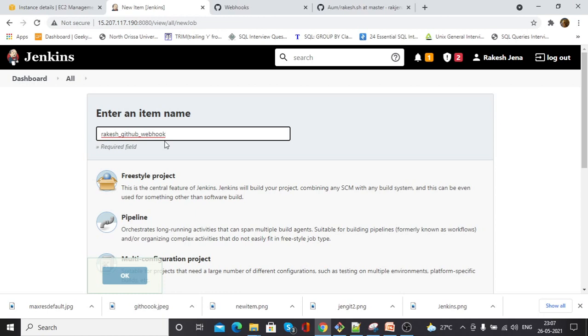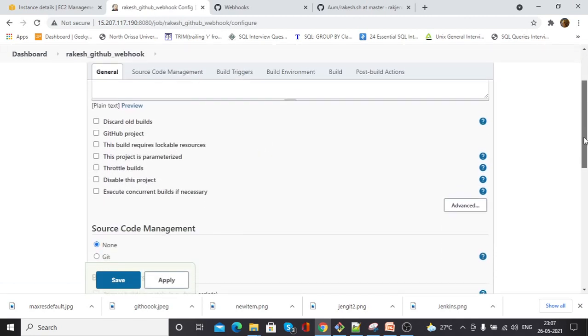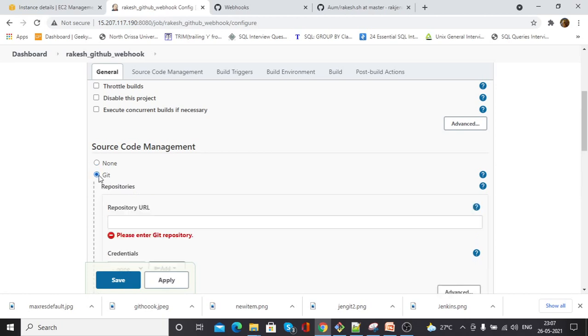Then you need to choose freestyle project. Click here and then click on OK. Here, in the place of source code management, you have to choose the Git button.